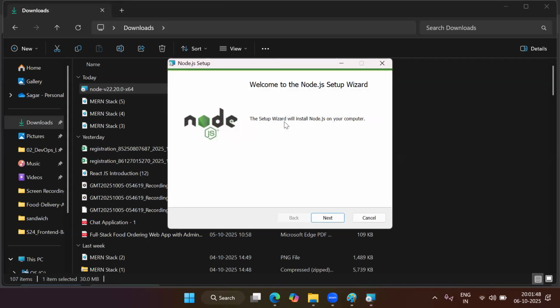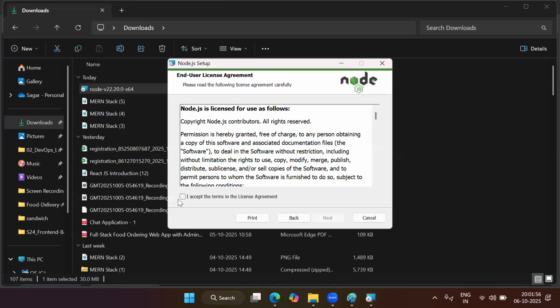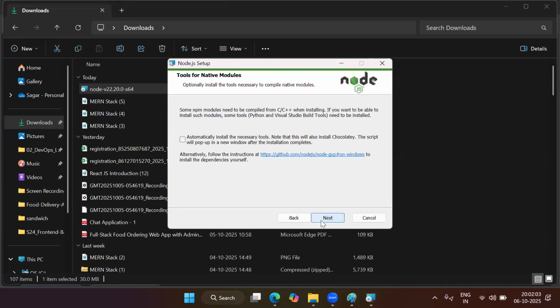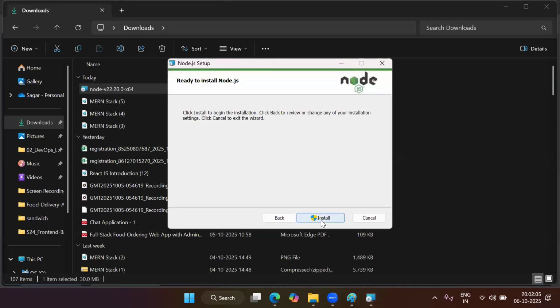So better to update your Node.js. Just uninstall the previous version and install the new version. So here click on next, select this checkbox, click on next, next, next, next, click on install. Now Node.js will be installed in your system.